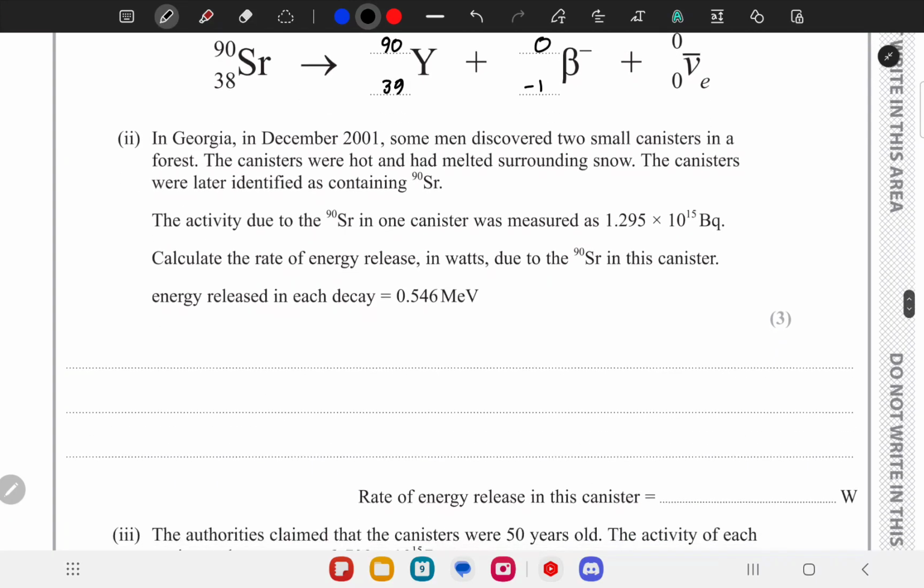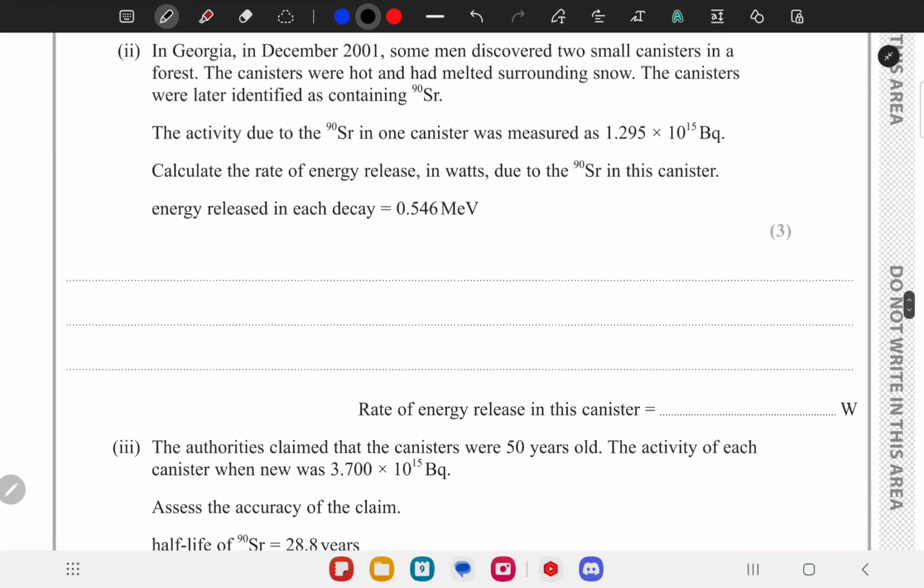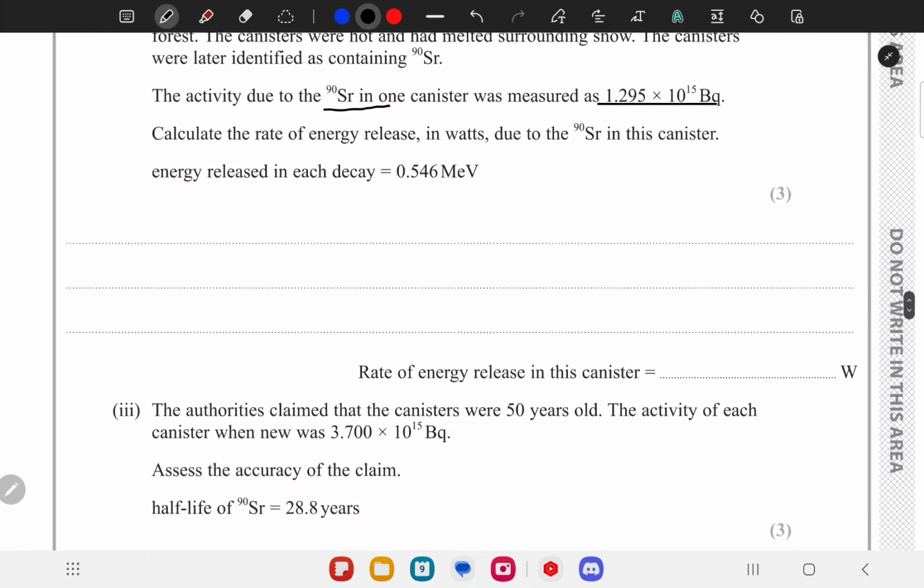Now in part 2 we are given that the activity due to strontium 90 in one of the cans was measured as 1.295 × 10^15 becquerel. We have to calculate the rate of energy release in watts due to the strontium 90 in the canister, given that the energy released in each decay is 0.546 mega electron volts. So the power